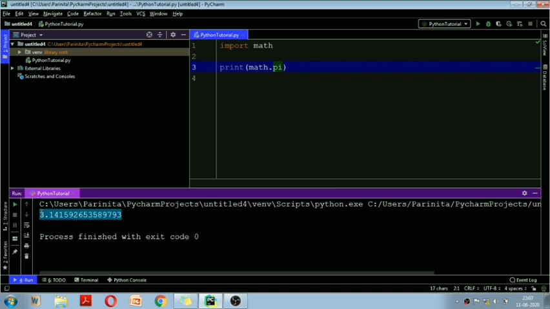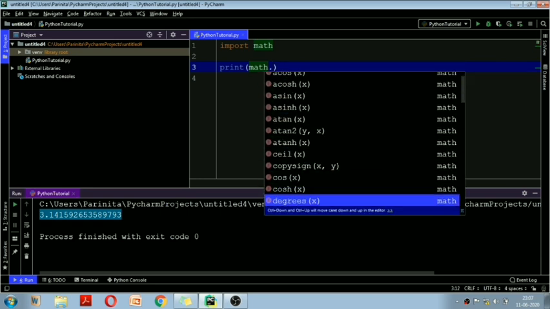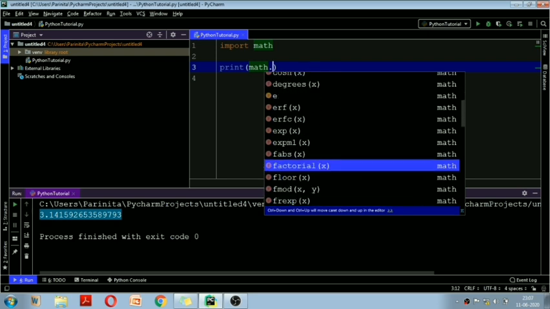So we have seen some of the functions related to the math module, like ceil, floor, finding the value of pi, and doing sqrt. See, if you want to explore more, what you can do is simply write math dot. Then you can see how many different values and functions are available. You can directly find out the factorial.